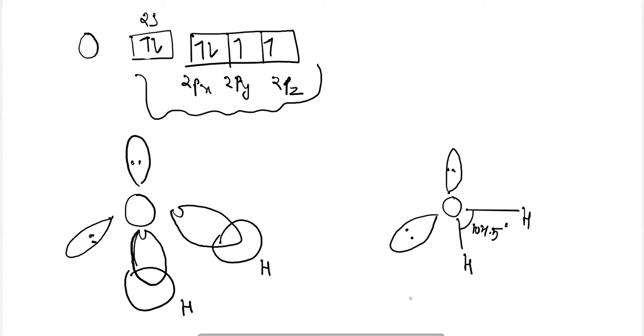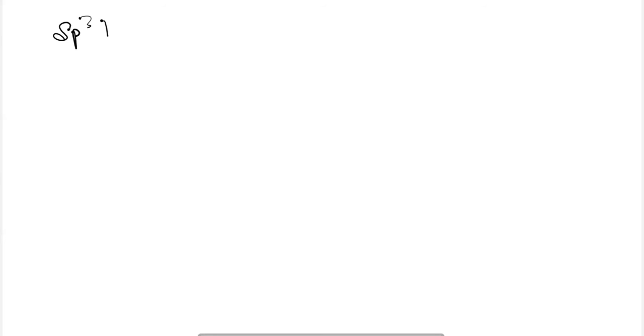Next is sp3d hybridization, where the d orbital is also included. Here in sp3d hybrid orbitals, 3 p orbitals and the dz2 orbital of the d subshell are included to form this sp3d hybridization. We are taking the example of PCl5 here. The central atom will be P, which undergoes hybridization.